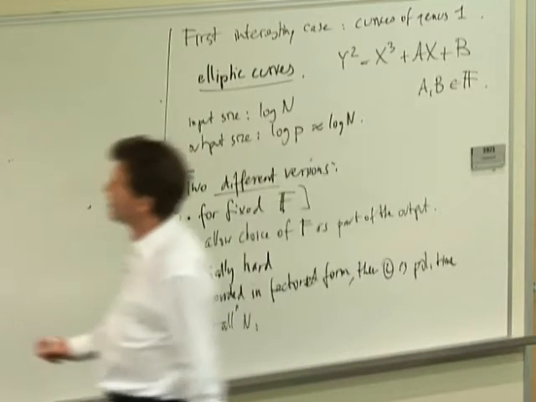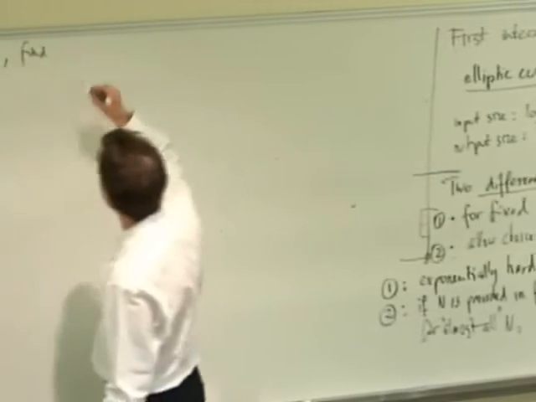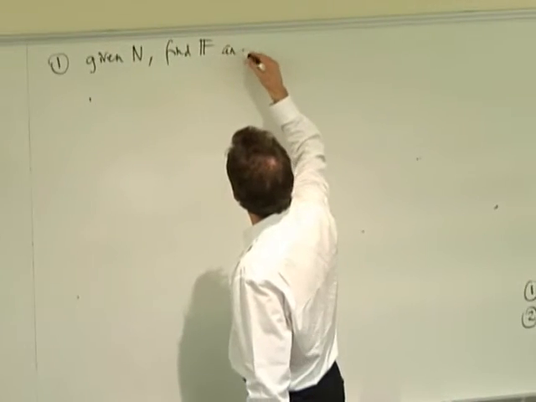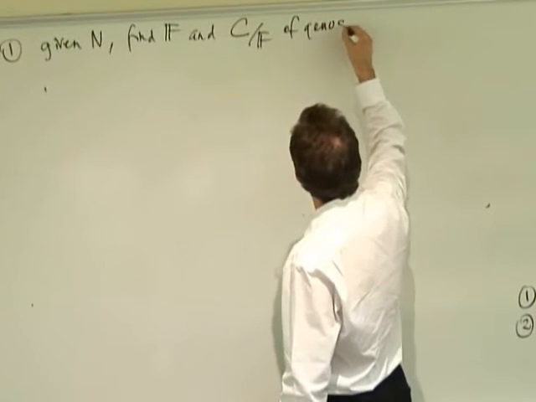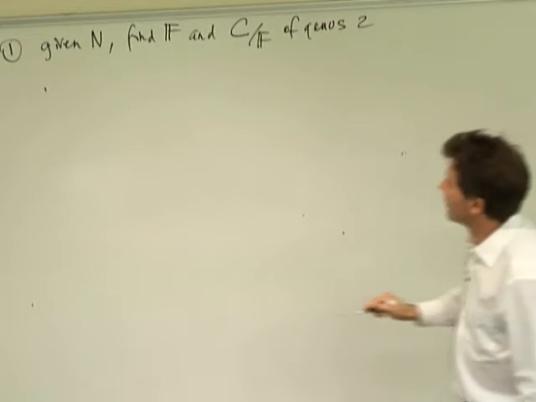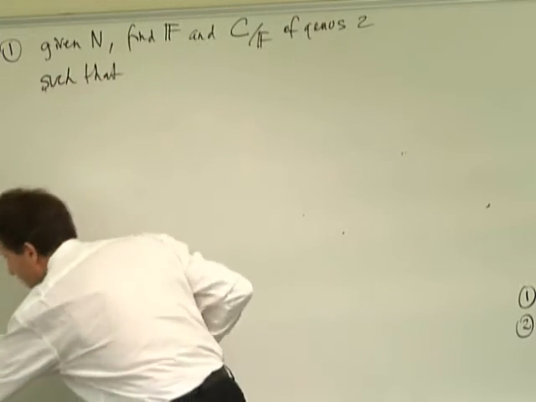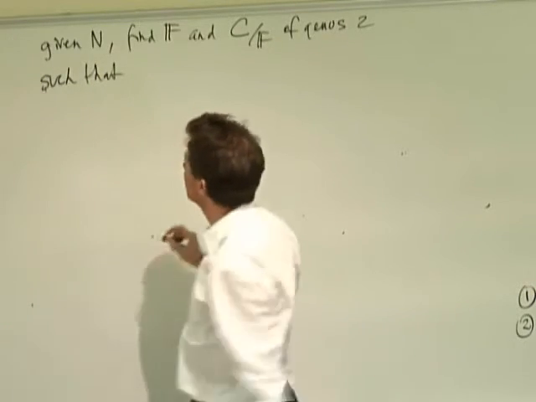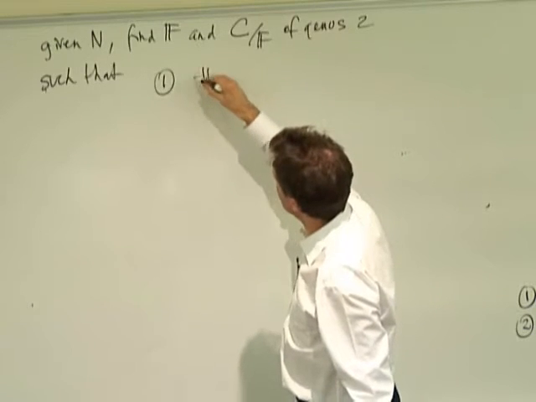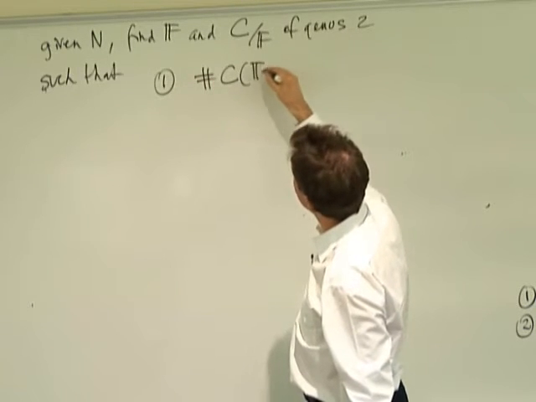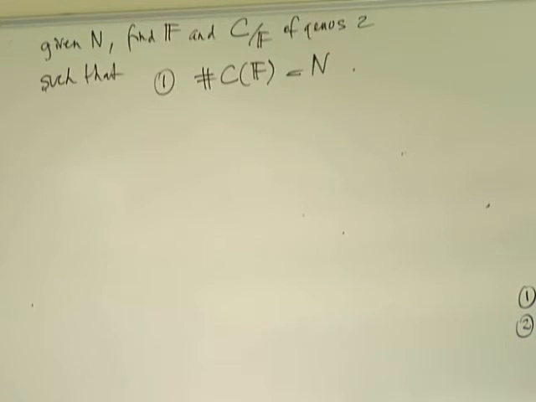So given n, rather than say find C, I should say find a finite field, find f, and C over f of genus 2, such that, actually to be more efficient, I should say that both problems start like this, but there's version 1. You can ask that the number of points of C defined over f becomes equal to n, so that's curves of order n, or